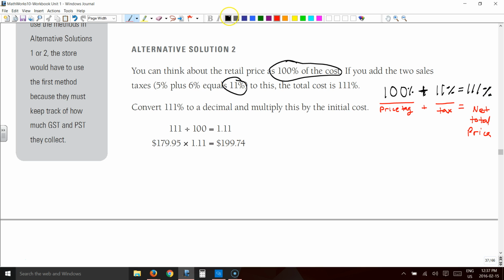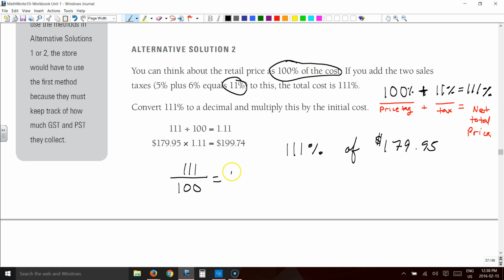So in terms of doing the math for this, it's simple. We want to know what 111% of 179.95 is. All right? And if we find that amount, that's our absolute total price. We know how to do this. Let's take 111%